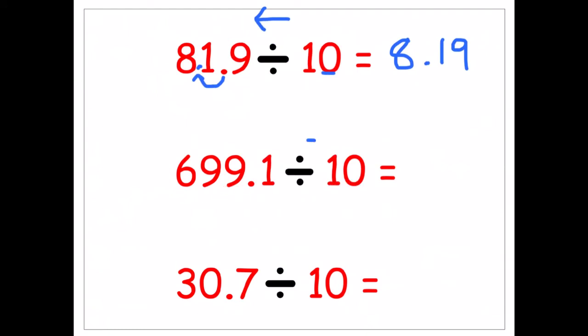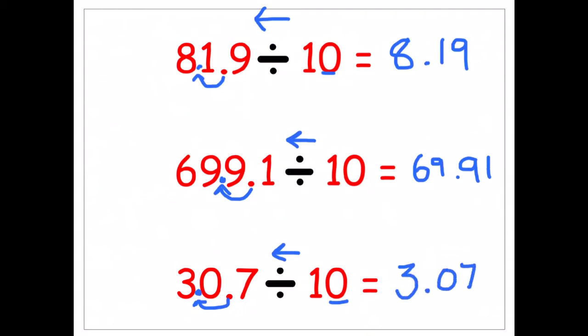So again, your decimal point's going left. It's going left one place. So it's going to finish up between the two nines. So we have 69.91. And our final question, again, decimal point will go left with division, and it's going to go one place because there's 1 0 in 10, and it will finish between the 0 and the 3, so